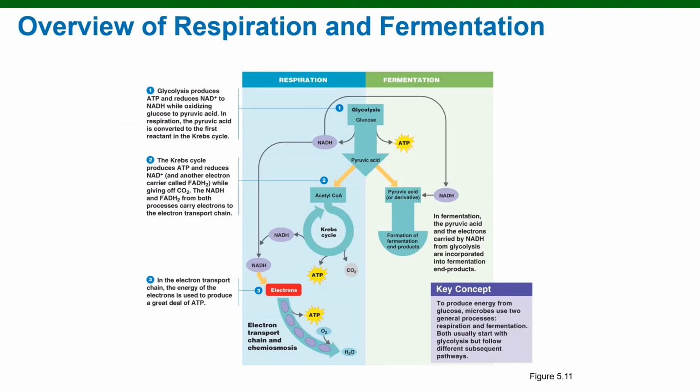This figure taken from our text is a comparison that shows how respiration and fermentation differ side by side. We see right away that respiration has more steps, beginning with glycolysis and then going through the intermediate step, which isn't labeled here, but then the Krebs cycle, and finally the electron transport chain occurring during respiration. By comparison, fermentation also makes use of glycolysis, and the product of glycolysis, the pyruvic acid, is fed into a